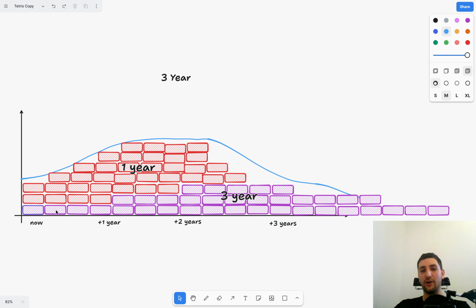Here is an example where I buy 3 years reservations, let's say on a half a year basis or on a yearly basis, and the rest of the stuff I just cover with 1 year savings plans, based on the example I've shown previously. In this case, I'm not only getting the discount on this part of the chart, I get the double discount on this part of the chart that is more constant.